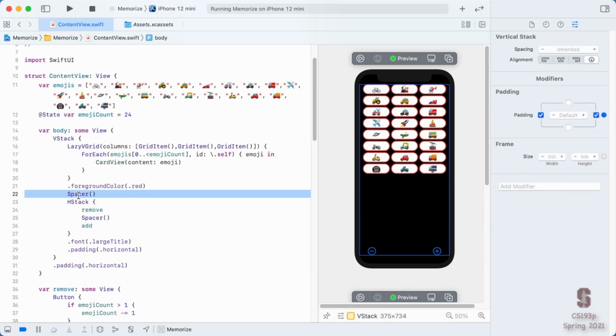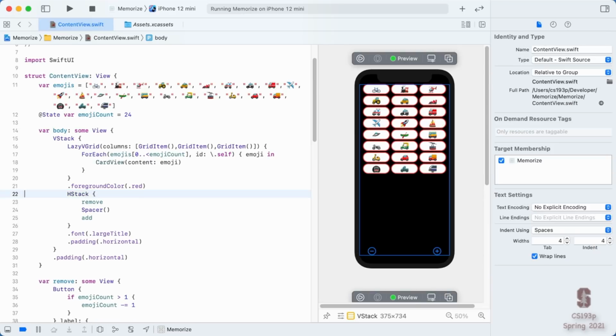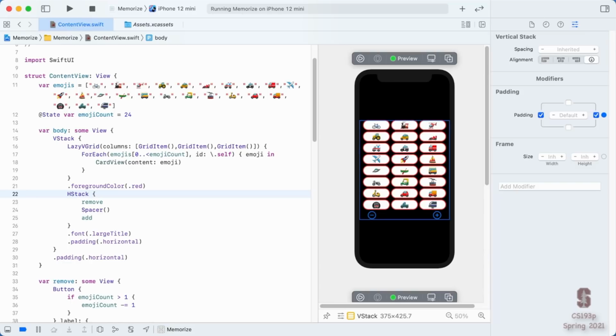And that's the way spacers work. They take any open space that's available that no one else wants. So these buttons didn't need any more space. The LazyVGrid, this is all the space it needed, so there was extra space, and the spacer took it up. If I take the spacer out of here, I get a very different looking UI because now these two things combine to make this VStack. This is the VStack on the outside here. And this VStack no longer needs the whole space. So it just centers what's in there. So that's why we see this VStack centered instead of using the whole space.